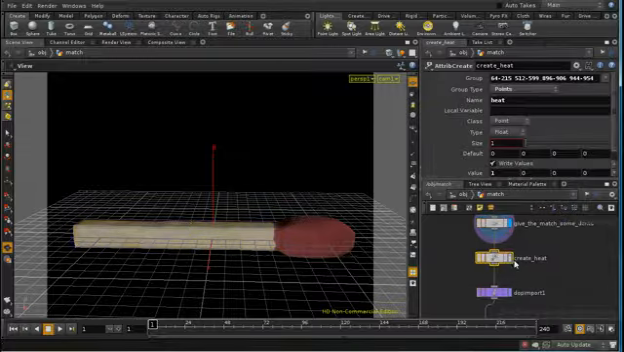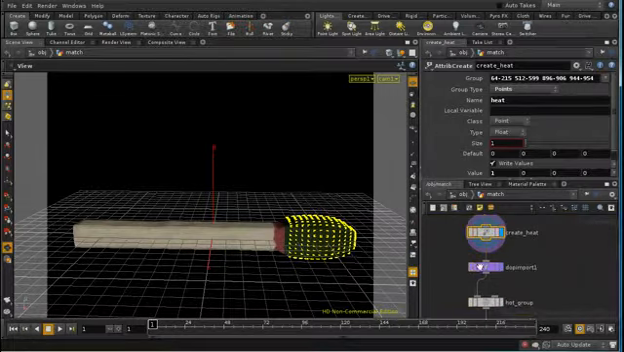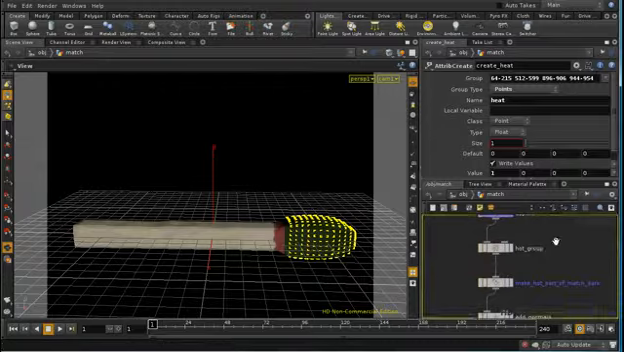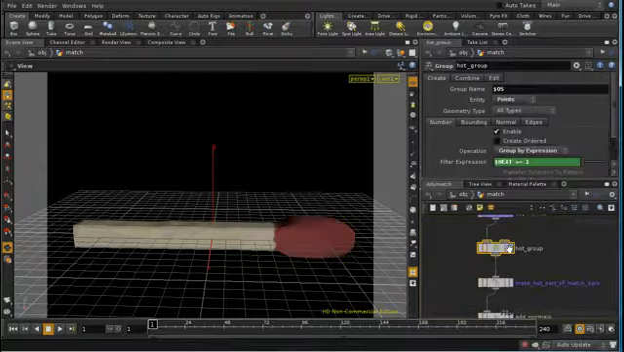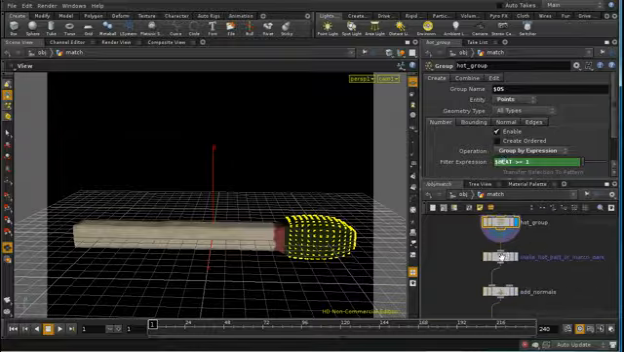We've then got our heat creation as we had before, but in this case I've increased it so that the initial high heat values are everywhere on the bulb of the match. We then send that out to the DOP network, which is essentially unchanged, so that that will spread the heat attribute along the length of the match. We create a group of the points that are hot, i.e. have a heat value above 1, and we then